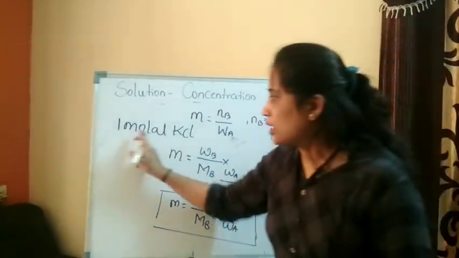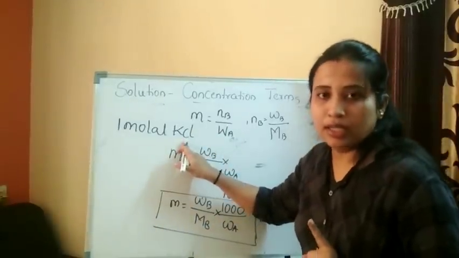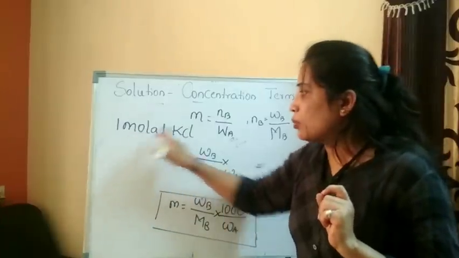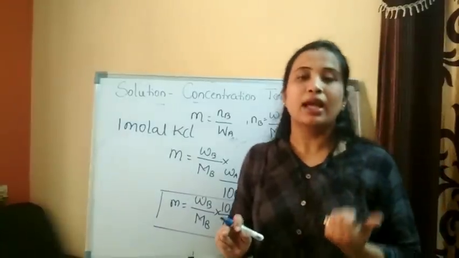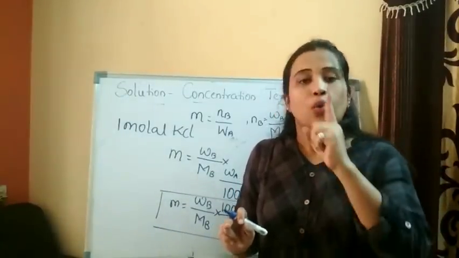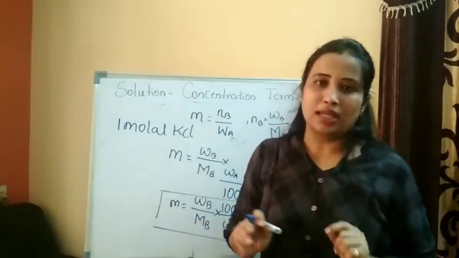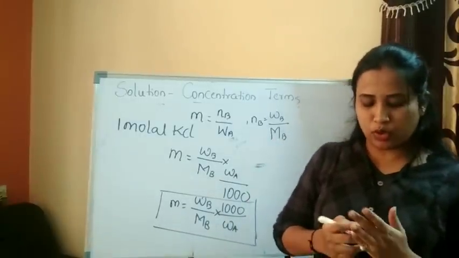Okay, where the 1 molar represents 1 mole of potassium chloride. Repeating, for 1 molar, 1 mole of potassium chloride is taken, weighed, and that is dissolved in 1 kg of the water. So that gives the standard 1 molar solution. Now, what is this 1 mole of potassium chloride?